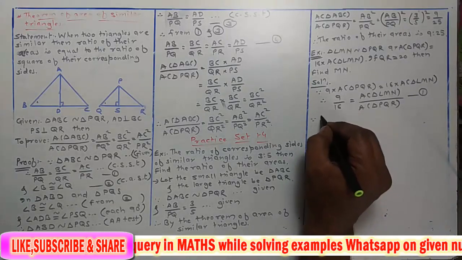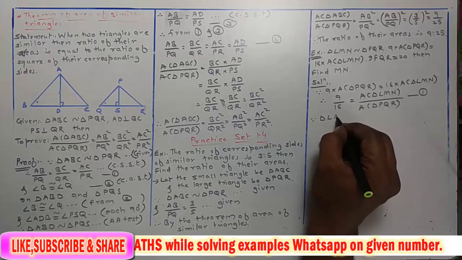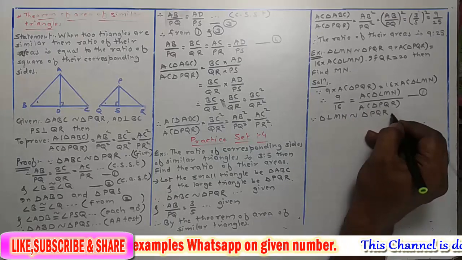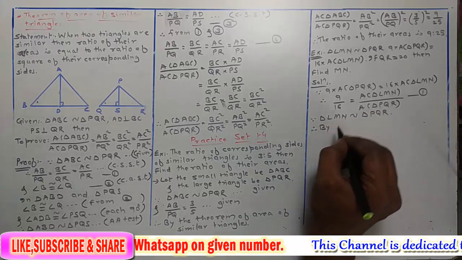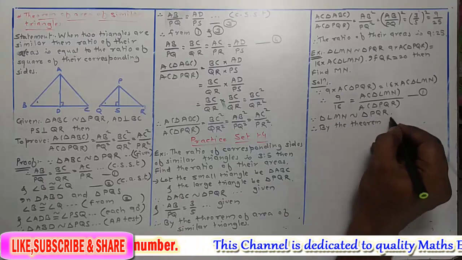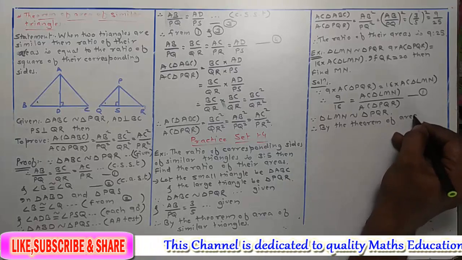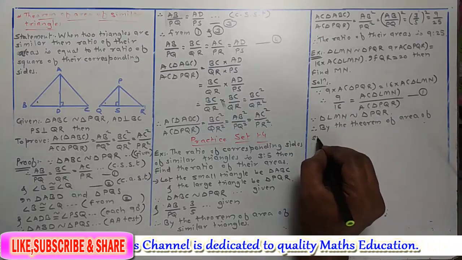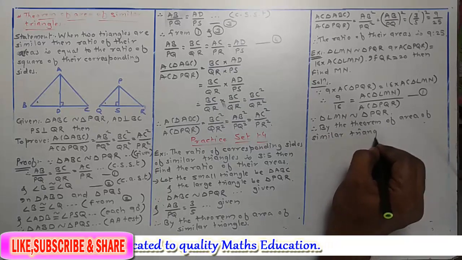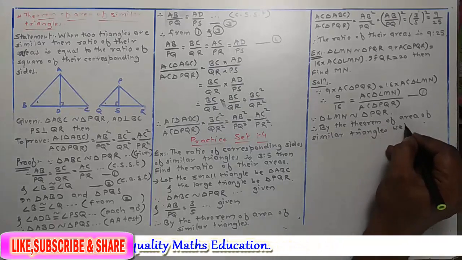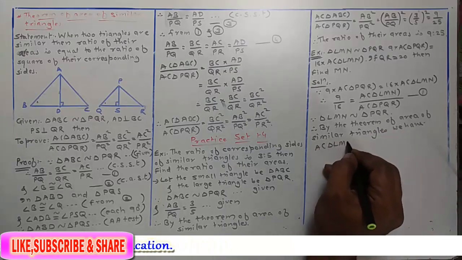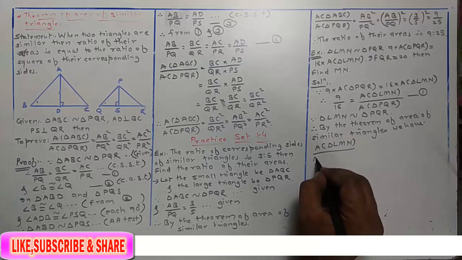Now since triangle LMN is similar to triangle PQR, therefore by the theorem of area of similar triangles, we have area of triangle LMN upon area of triangle PQR